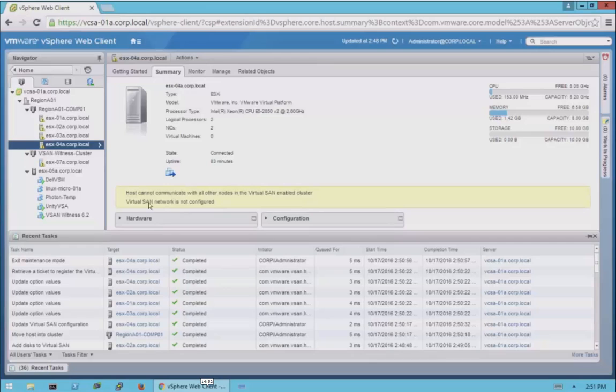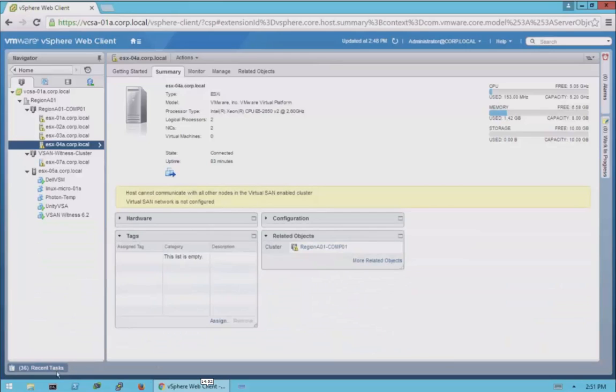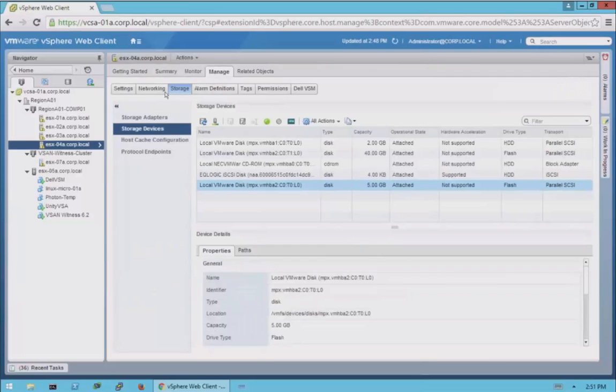As you see, we've got this error: Host can't communicate with all the other nodes in the virtual SAN cluster. The virtual SAN network is not configured on this host that we just added in. So we've got to make sure that we enable the virtual SAN traffic for that VM kernel port on that ESX04A host. So we're going to go to Manage,